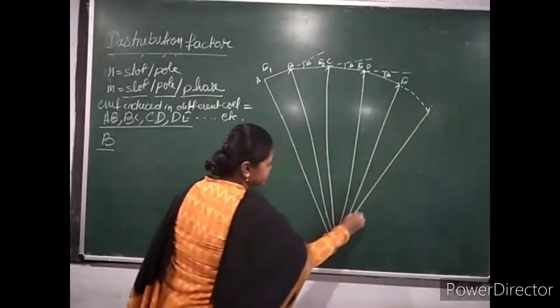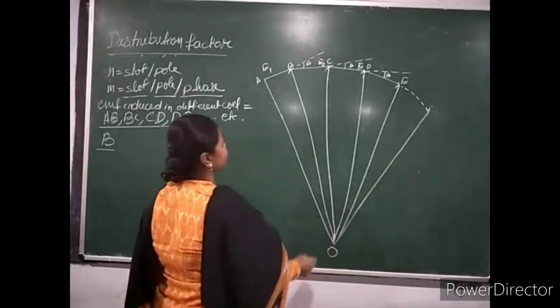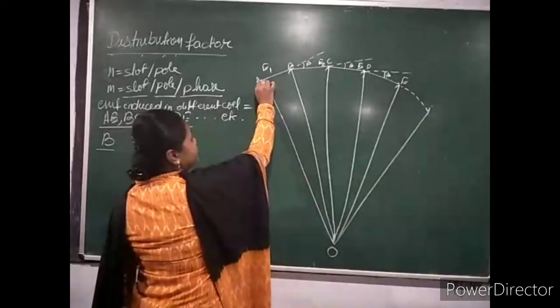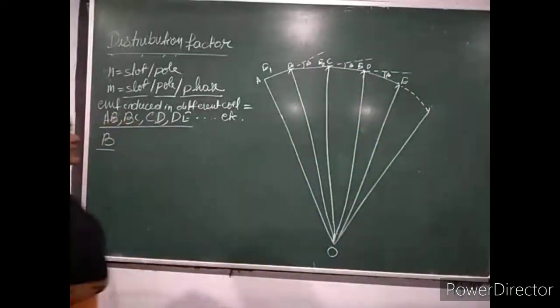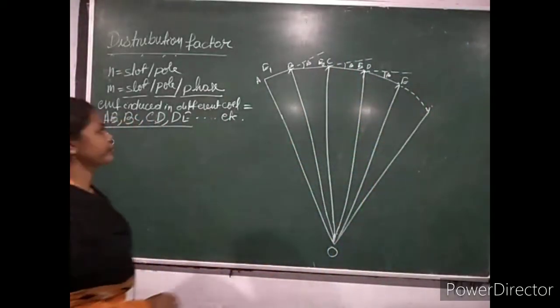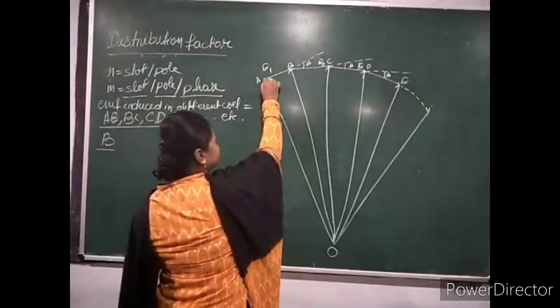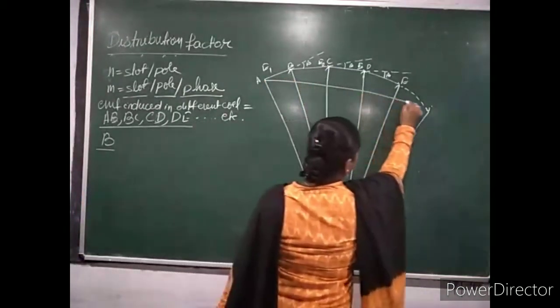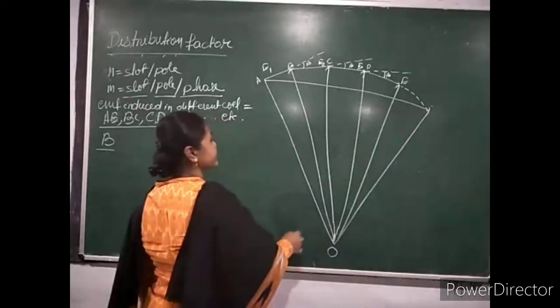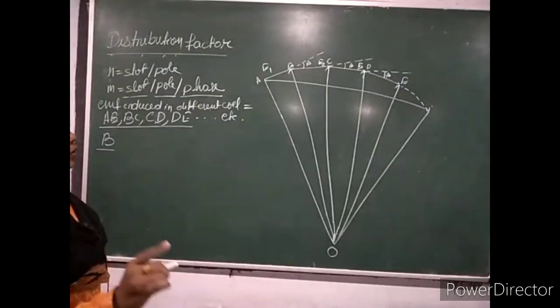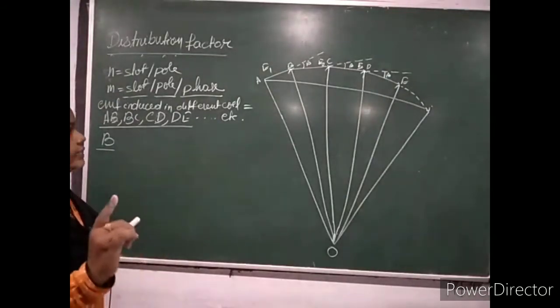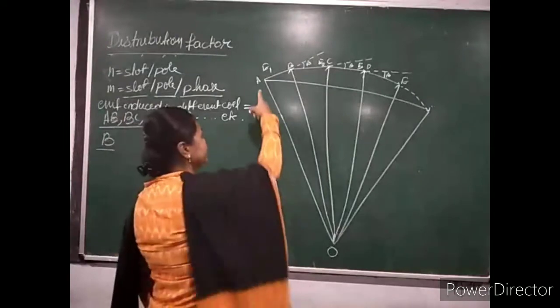Let this point be O. The vector sum of all these voltages of the different coils gives the resultant EMF induced in the different coils under one pole under one phase in distributed winding. Let it be A,